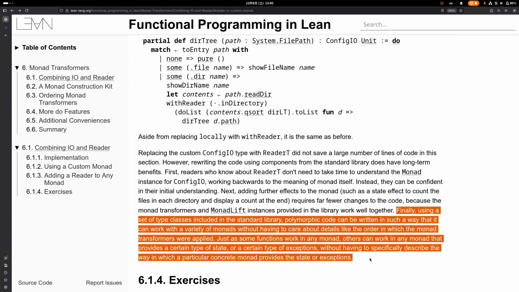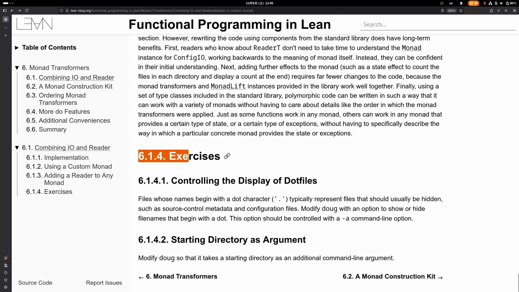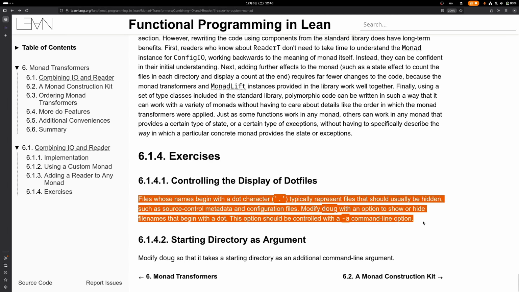And finally, using these monad transformers, we can also make our code more generic. So we can write functions that work for any monad that provides a certain type of state or a certain type of exceptions, without having to describe in the type how it provides the state or how it provides these exceptions. Exercises. So file names that begin with a dot should usually be hidden in a directory listing,